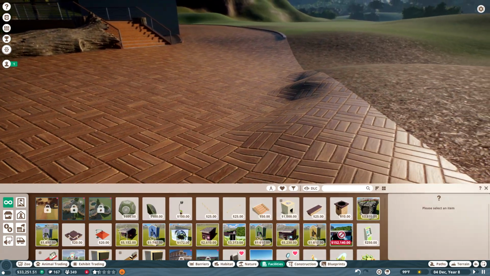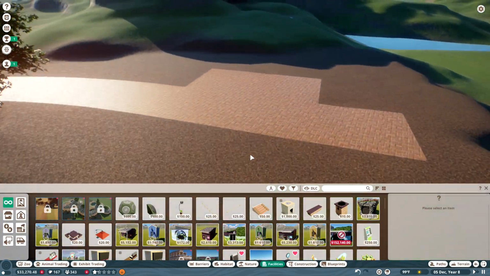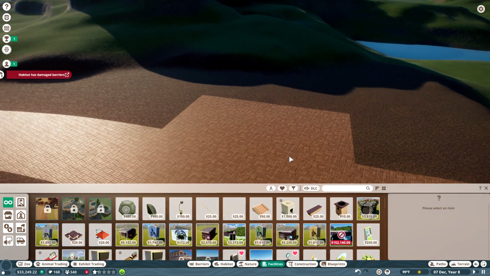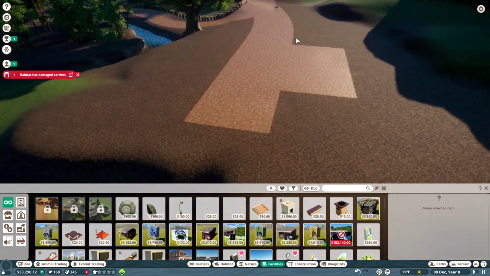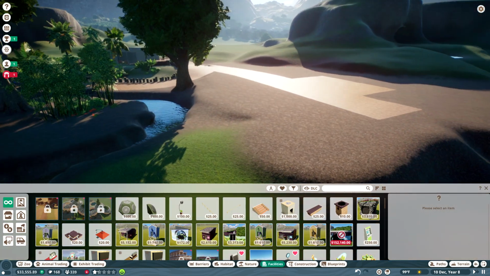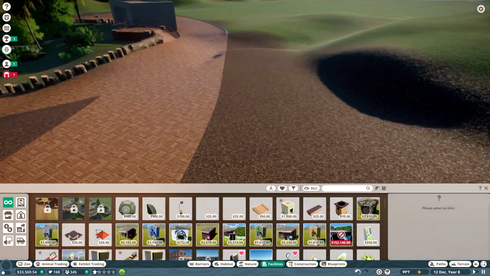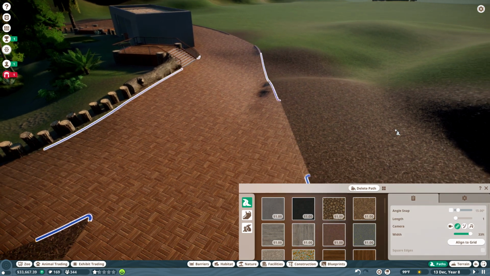See, some of these paths are... That's why it's so hard building on a hill. But I would like to keep these episodes kind of short, so I am going to finish this with a speed build, and build a little viewing gallery here. And yeah, that should be it for this episode, and then I will see you back next episode, but I will talk to you guys right after the speed build, so...